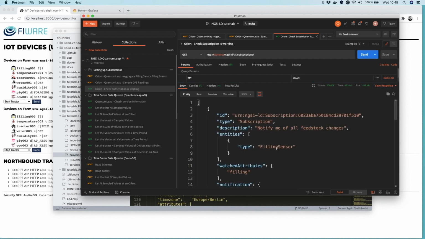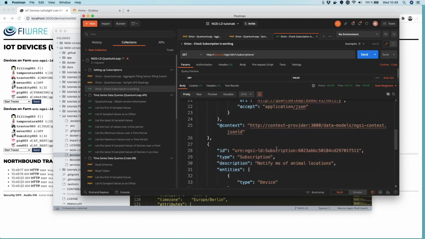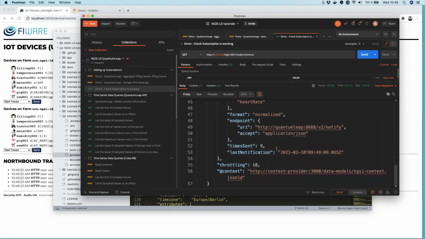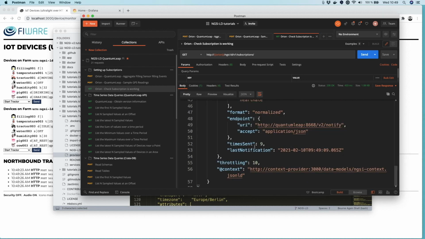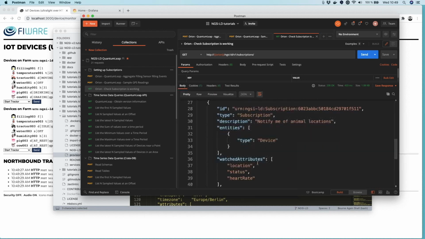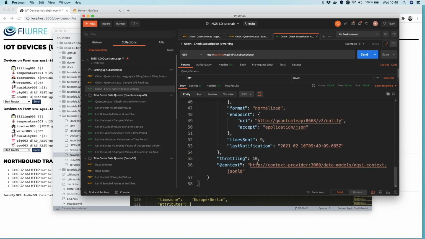As we can see, the filling sensor has been notifying. This has been sent 9 times, and the other one has been sent so many times, and so on. If you have a large number of varying data, you'll need to throttle the values which are received. So this is going into Quantum Leap. Quantum Leap itself,